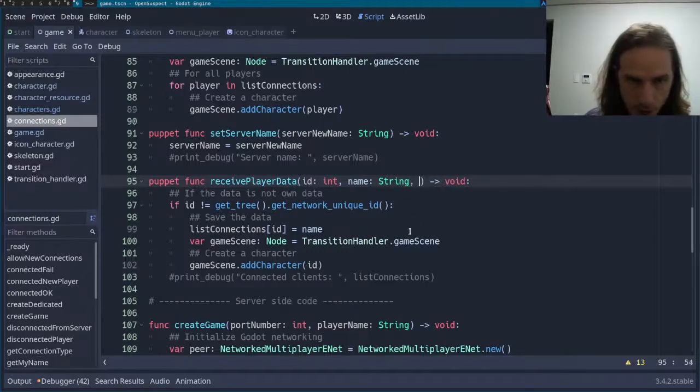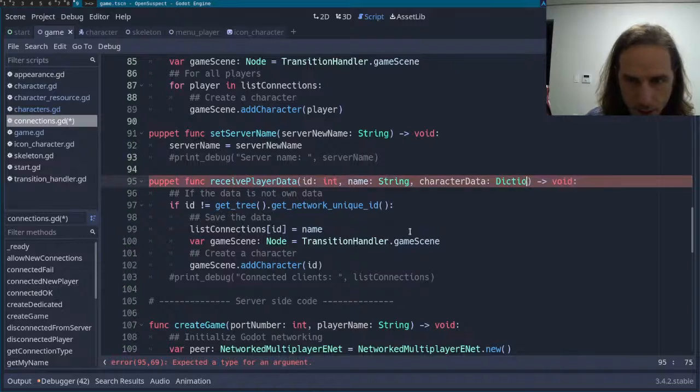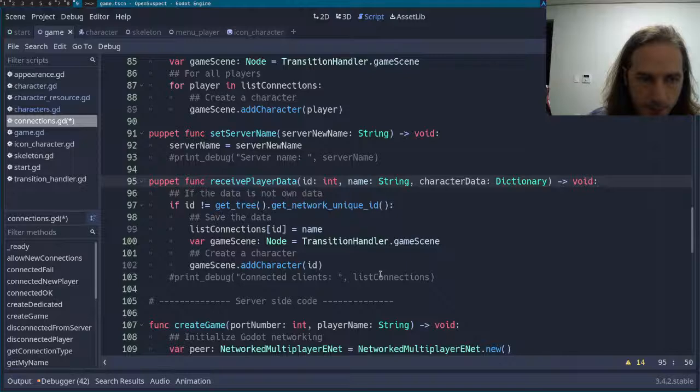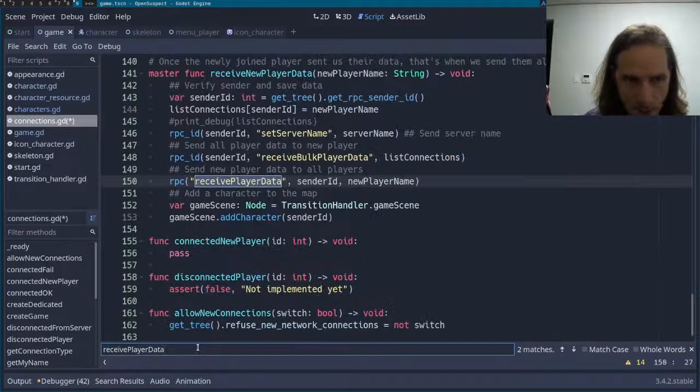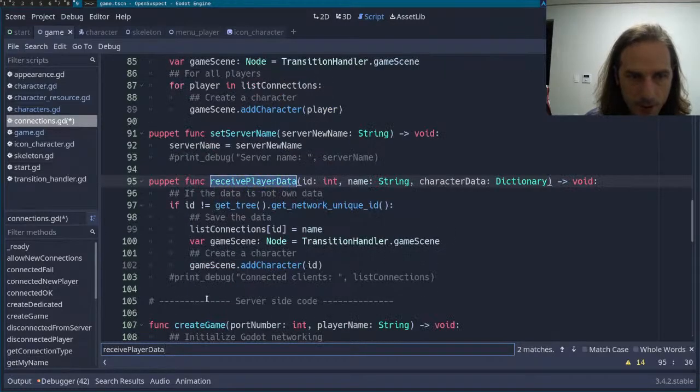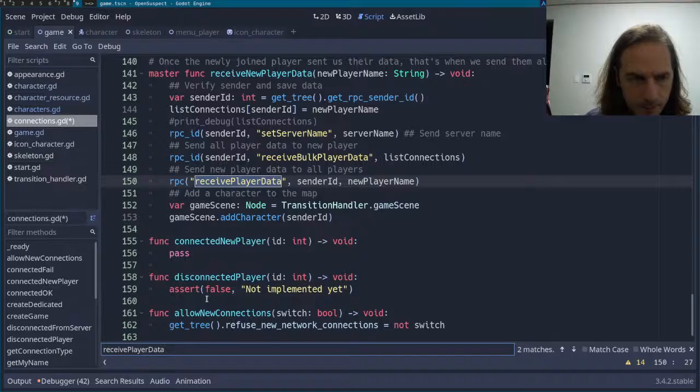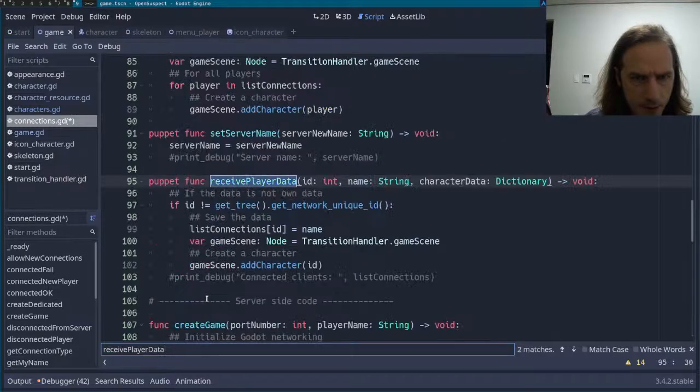So I guess we can just receive character data as a dictionary here, and then this receive player data is going to be called by many. It's a new player data to open. Okay, so every time